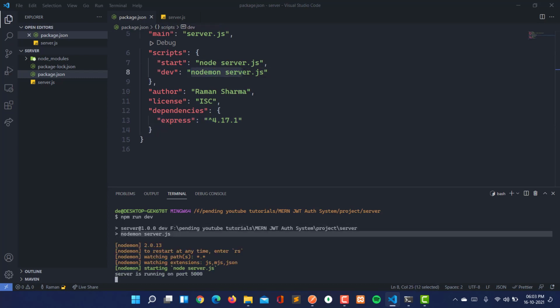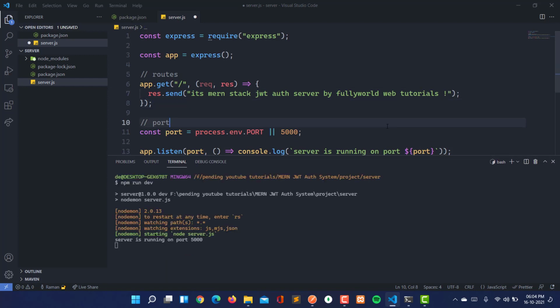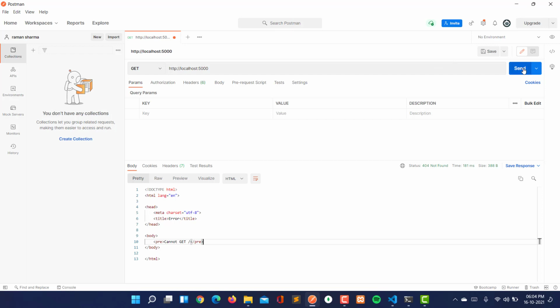See that it is running, server is running on port 5000, and whenever I make changes here, like Fully World Web Tutorials and writing an exclamation mark, and just save this, see that it is watching all the changes, and whenever we make changes, it will restart the server automatically. Let's go to Postman, and when I click on send here, now we are getting one stack JWT auth server by Fully World Web Tutorials.